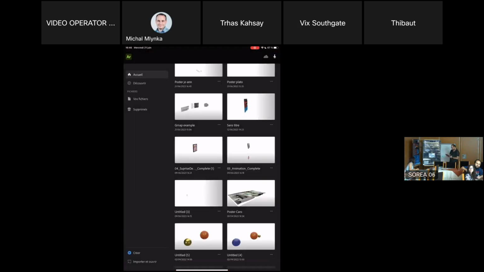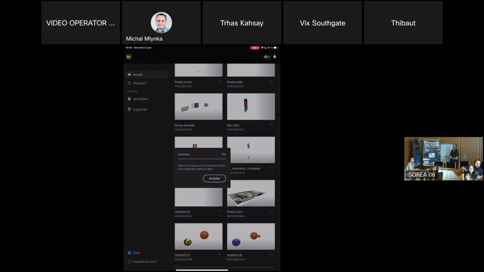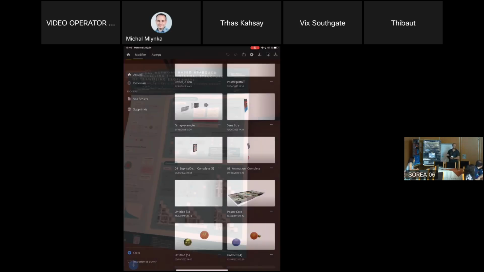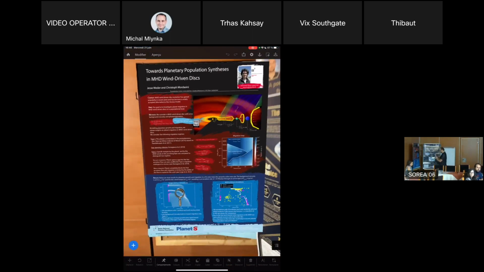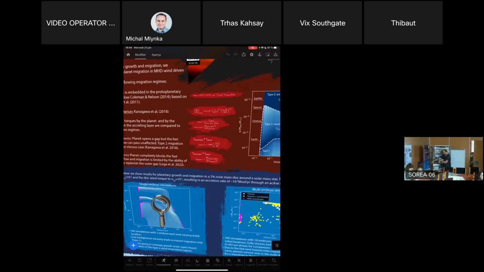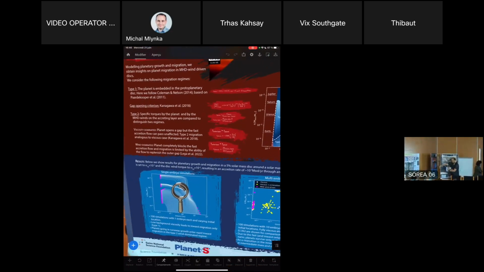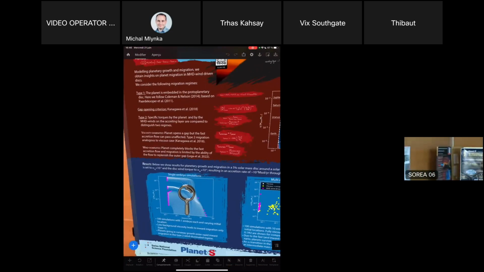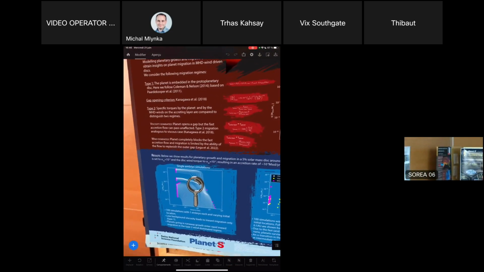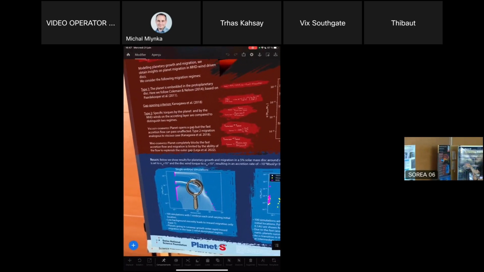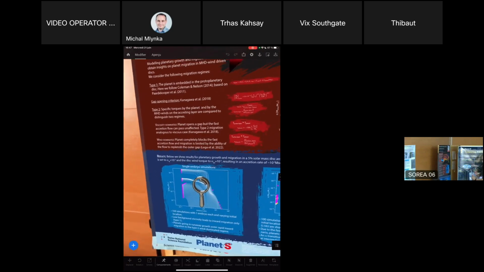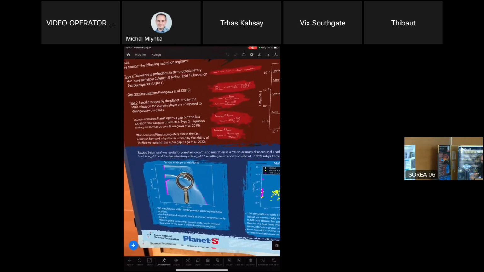I have a second example, which is much more interesting. Zooming is not the most interesting stuff, but if you are doing an AR version, you can take the opportunity to have that. On this poster, for example, where is my finger? Here you have a plot. It's a track plot. All the embryos from the planets are moving in time in the disk, like it's planetary formation. But those plots are better